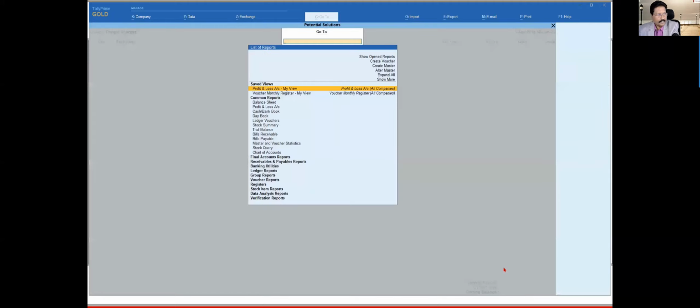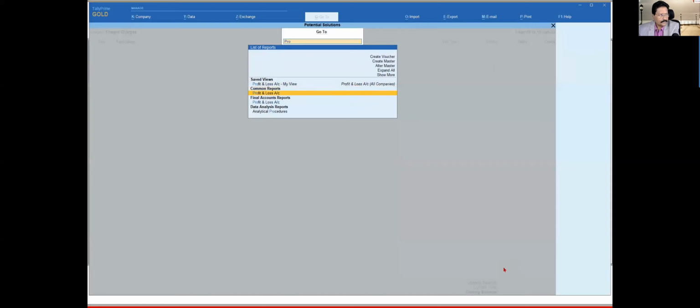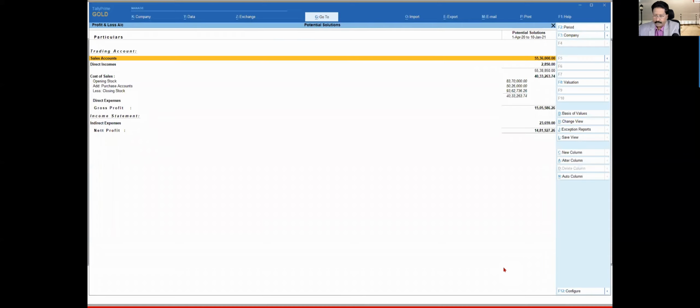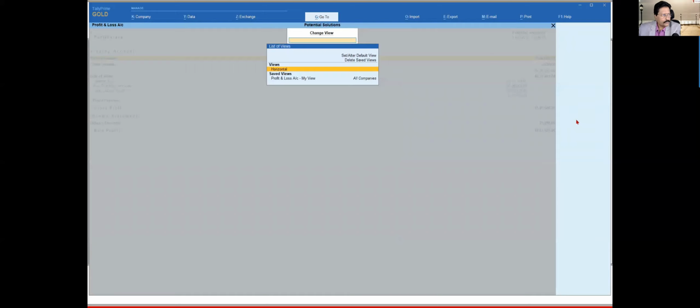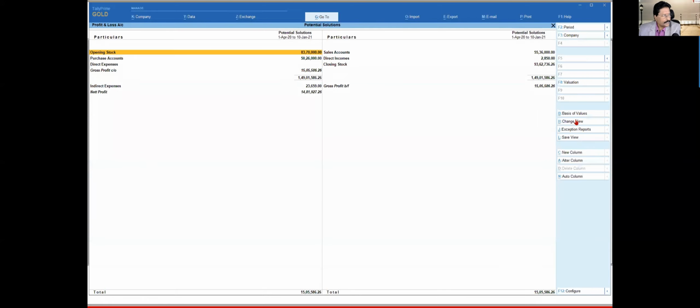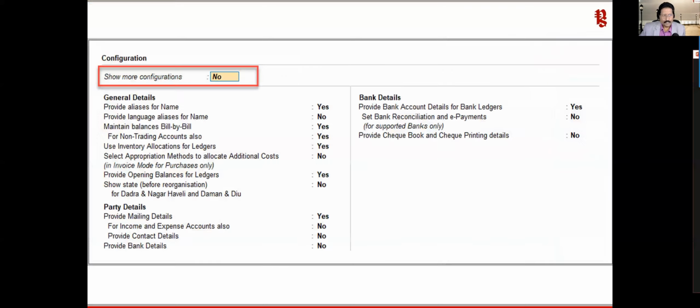Similarly, you go to your profit and loss account. Change view, I want to see horizontal. So my direct expenses, though I have created my freight charges under direct expenses, the value is not getting captured here. Why? Because it is included as part of the cost of my goods. So that is the option, and this option is the impact of the current transaction that we have seen.